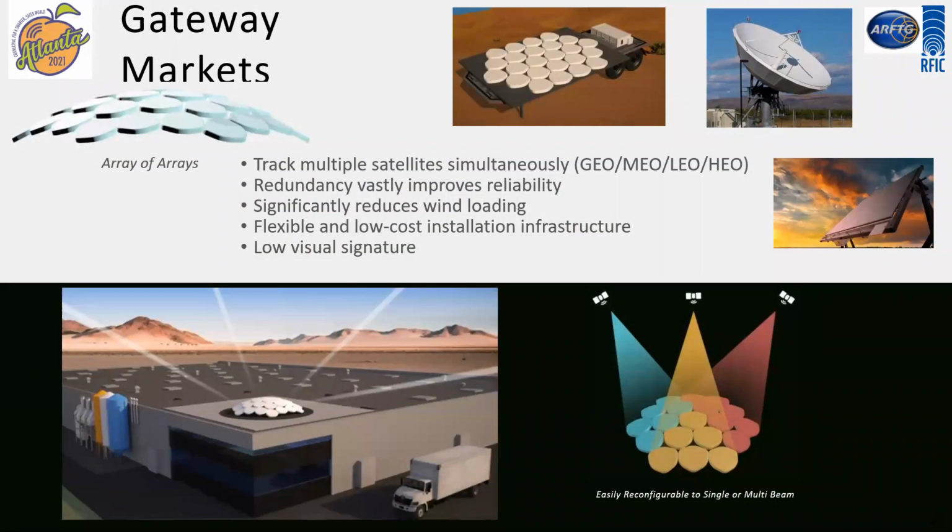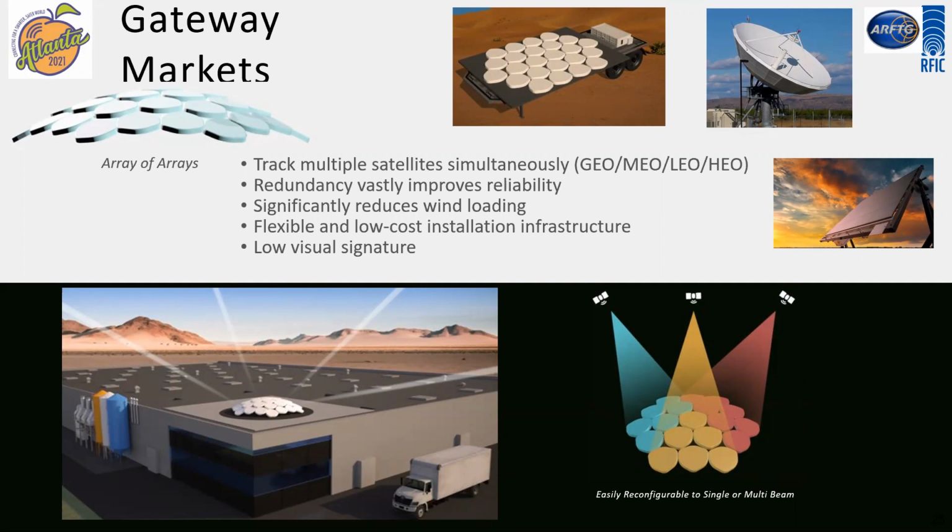And we have the gateway markets. So gateway markets, again, the idea here is to use phased arrays to replace what have been traditionally large 2-meter to even 11-meter parabolic dishes. There are several different approaches to do this, but generically speaking, the idea is to use the phased arrays, and in using the phased arrays with their beam agility and the ability to reconfigure, you can have what would be reasonably termed a software-defined